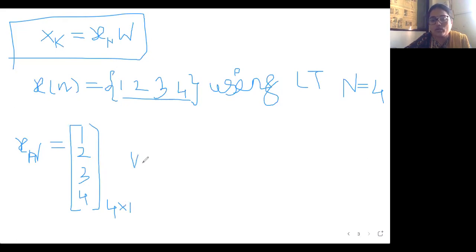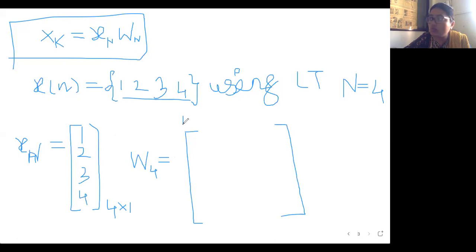Now I want to find out the next, the Twiddle matrix. We have to find out this Twiddle matrix. So W suffix n we will write as W suffix 4. Here it is a 4 by 4 matrix we are going to get. So W suffix 4 means this is going to be a 4 by 4 matrix, right? So now we will represent this matrix.